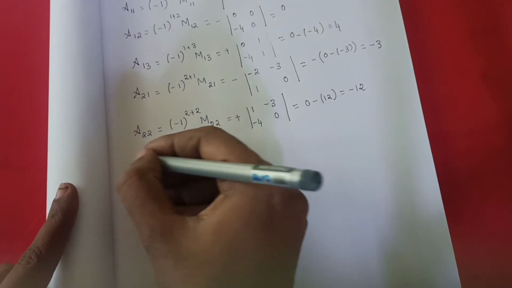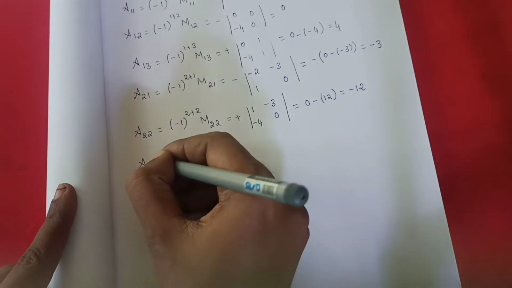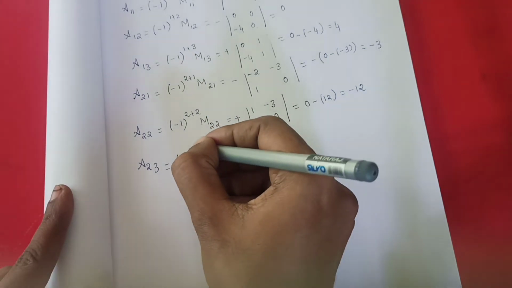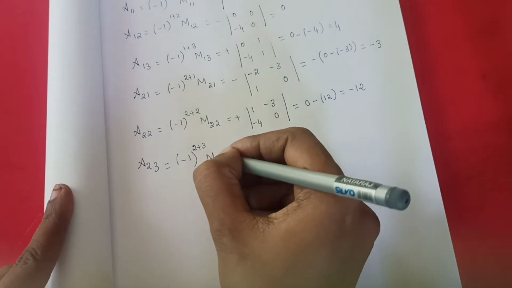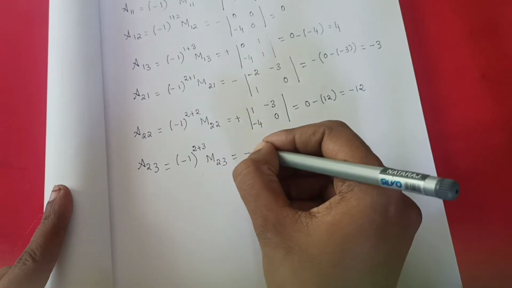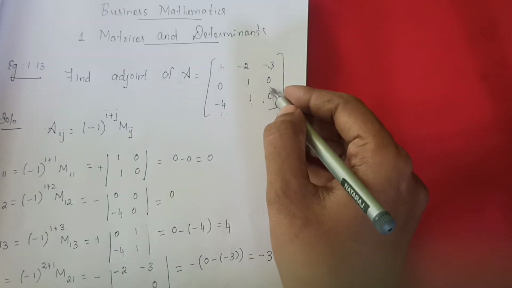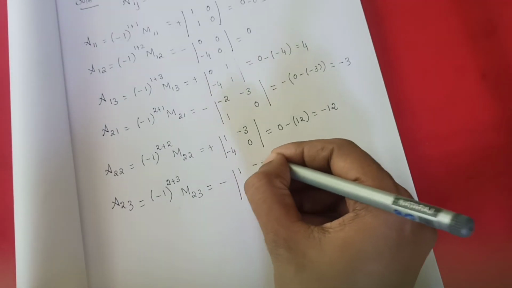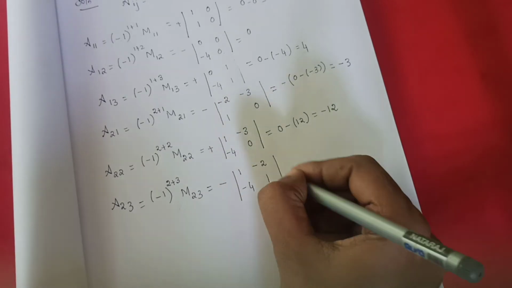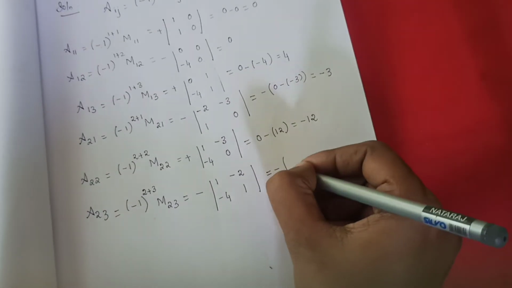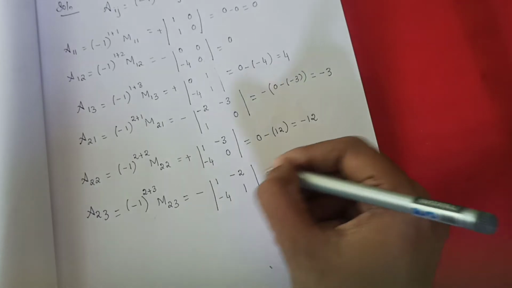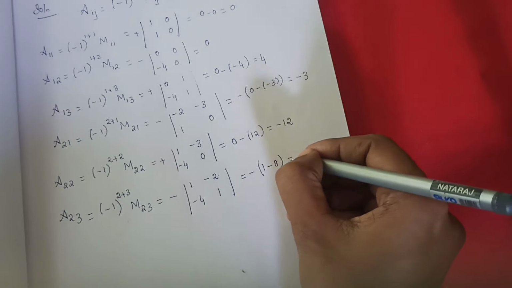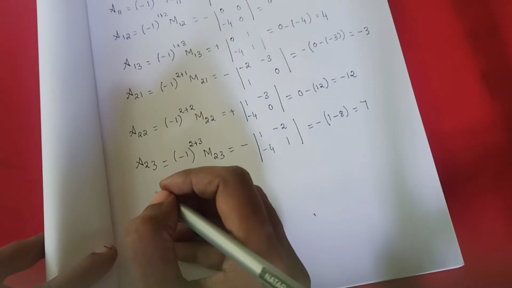Okay. Then next one, A23. That's equal to minus 1 to the power 2 plus 3, M23. That's equal to, the symbol is minus. Find for the 0. So this row and this column will go. 1 minus 2 minus 4 1. That's equal to minus of 1 minus 2 into 4. The symbol is minus, so plus 8. So 1 minus 8 is minus 7. Minus into minus is plus 7. Okay. Then next,